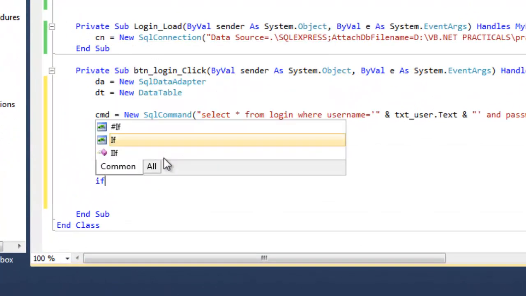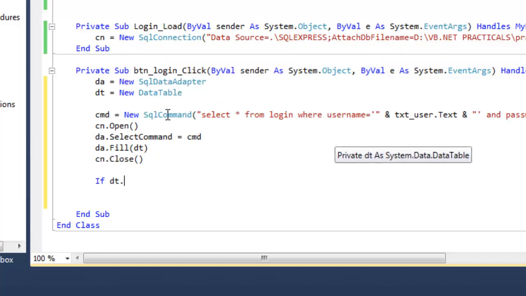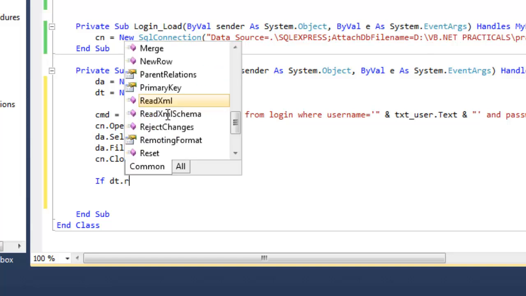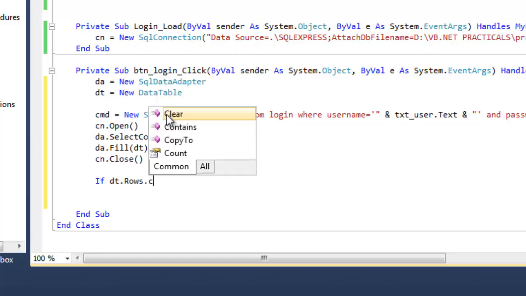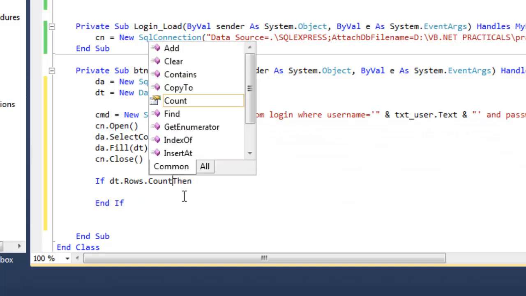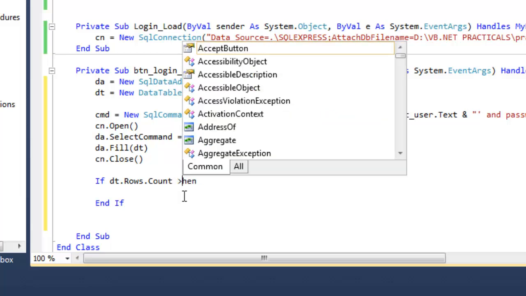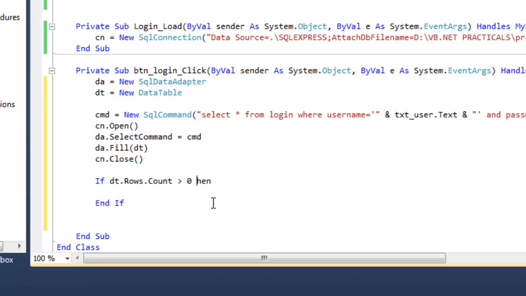If our data is in the data table, that means dt.Rows.Count greater than 0.